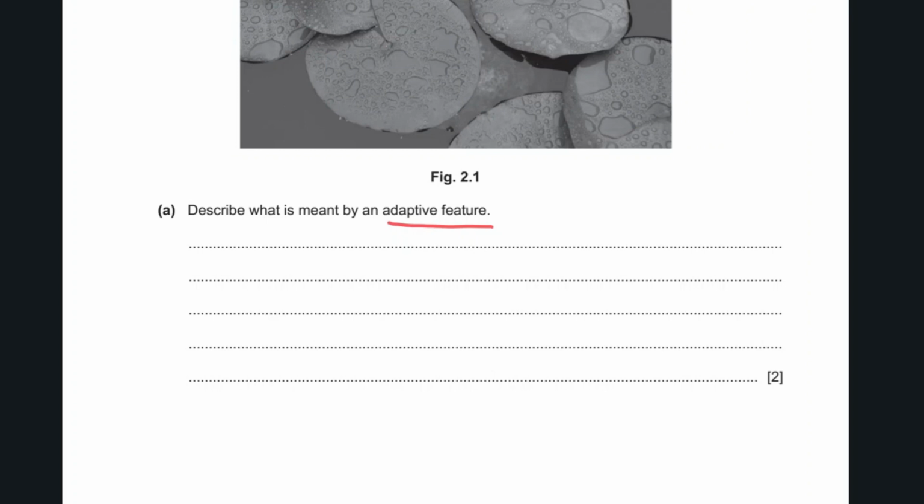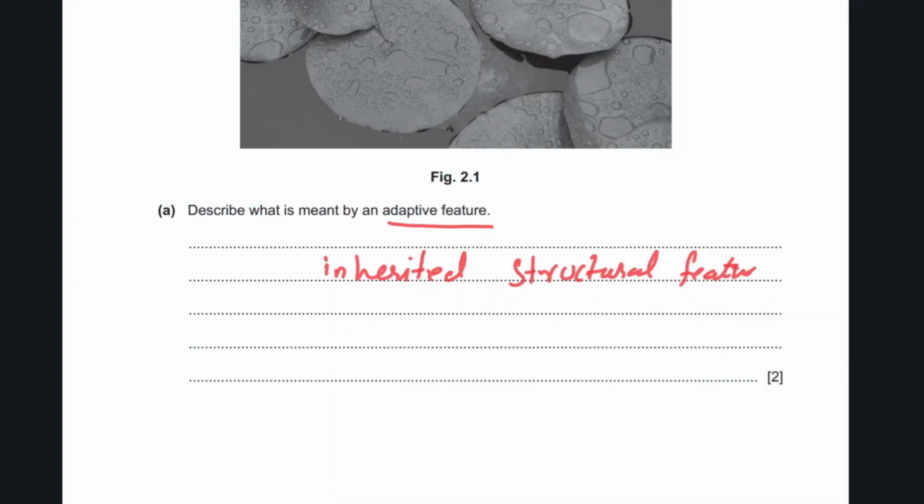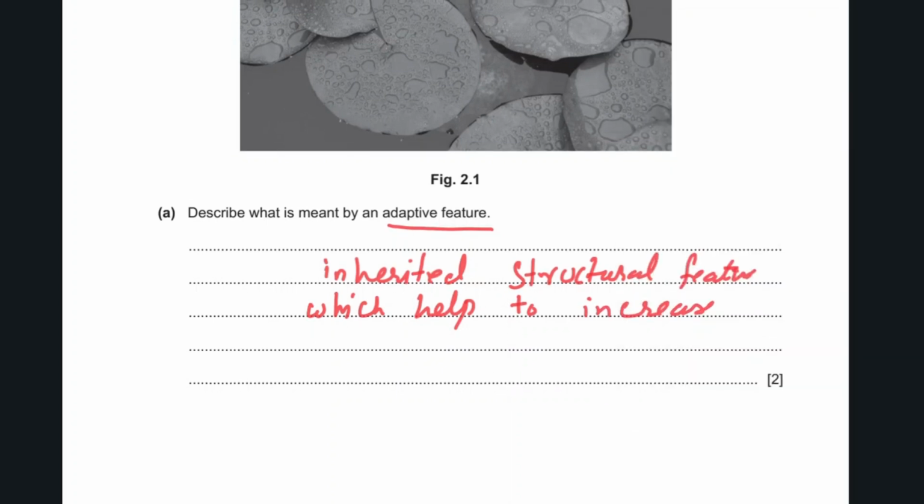Adaptive features are inherited structural features which help to increase the chances of survival. If it is increasing the chances of survival, it means that is the structural feature which is helping it adapt